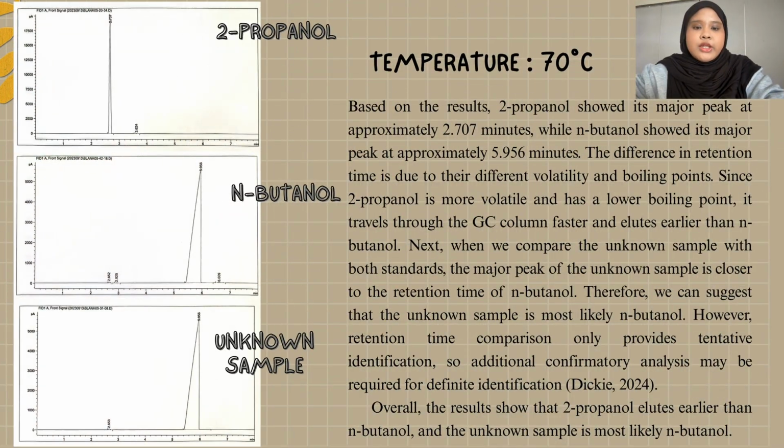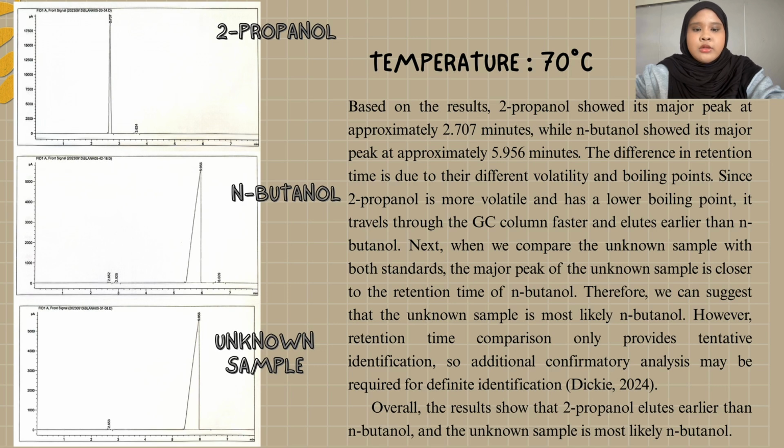For these slides, we analyzed the chromatograms at 70 degrees Celsius. Based on the results, 2-propanol showed its major peak at approximately 2.707 minutes, while N-butanol showed its major peak at approximately 5.956 minutes. The difference in retention time is due to their different volatility and boiling points. Since 2-propanol is more volatile and has a lower boiling point, it travels through the GC column faster and elutes